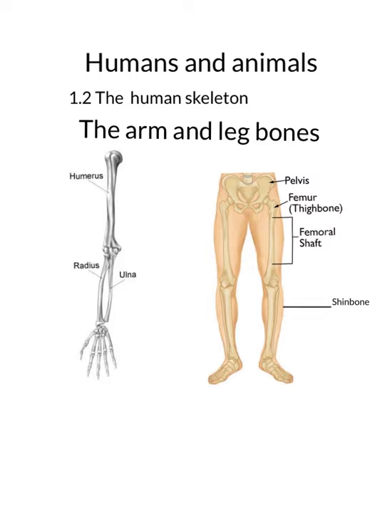Coming on to the leg bones. These are also long bones that you can see running through your leg. The upper leg bone is also called the femur bone. This is the longest bone of the human body, and the shin bone supports your lower leg. These bones are joined to the hip bone at the top and feet bones or ankle bones at the bottom.